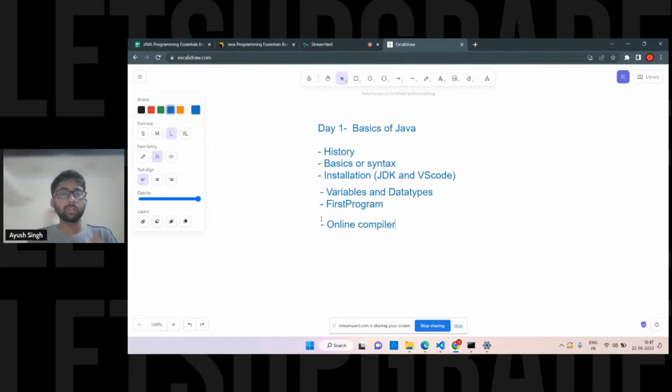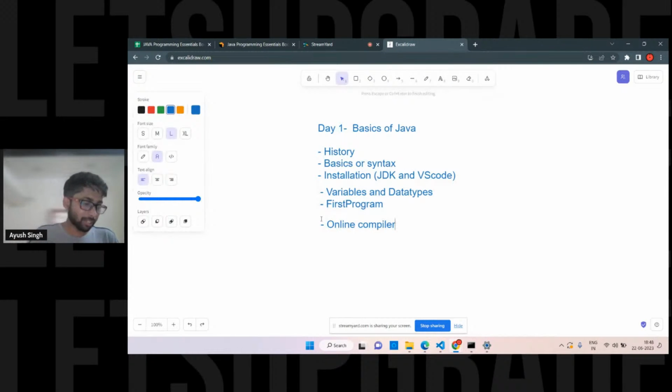But when you're going to work and create apps using Java, an online compiler will not work. Okay, so no idea about Java? Anyone? Exactly. JDK is a development kit for running Java programs. Exactly, exactly. So we'll see that in depth. Okay, it's not only the development kit for running Java programs. We have some more points.